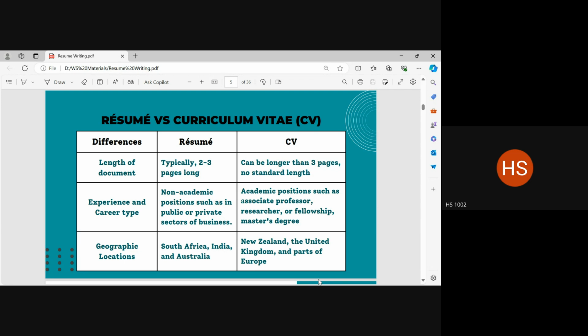Okay? Now, rather than relying entirely on geographic locations, you rely more reliably on the job description or the position that has been advertised. You see whether they need a resume or a CV, and accordingly, you structure the document that you are sending out. I hope that is clear to all of you.